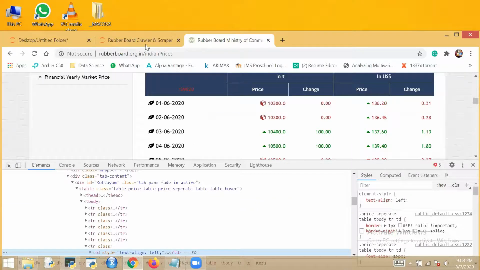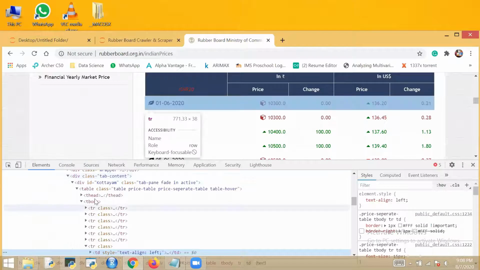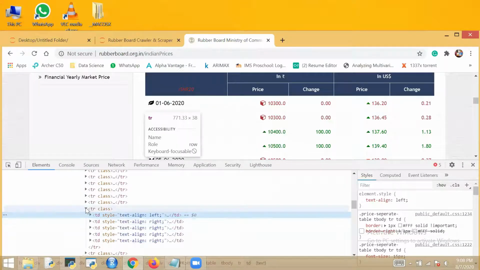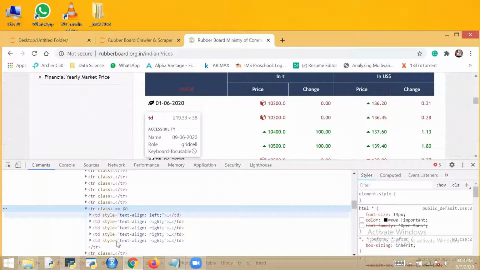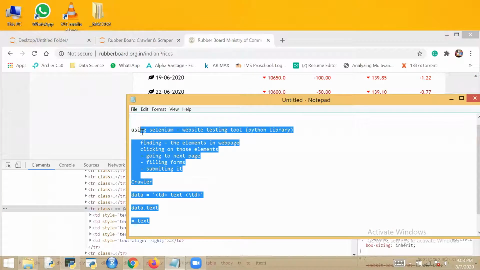So this is the way you can extract the table. In one row you have to find all TD. Here the table's data is there under TD. In one table row I've clicked, 5 TDs are there. Now I have to store this in one list. So if I convert it into text with .txt, I will make this one table row as one list. So multiple lists will be there by the end of this loop, and I will append those lists one on each other. See what we are doing.